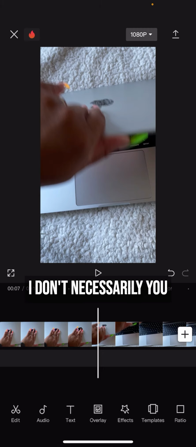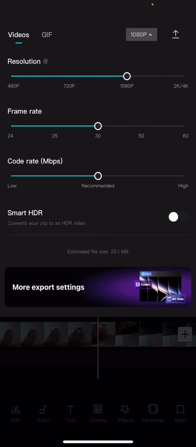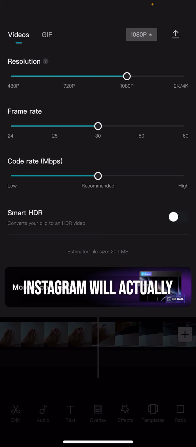I don't necessarily need to export it at 4K unless I'm doing it for YouTube. 1080 is sufficient in order for you to have a high quality. You don't need 4K, just as a FYI, okay? If it's too high of a quality, TikTok or Instagram will actually compress your video and it may look blurry,